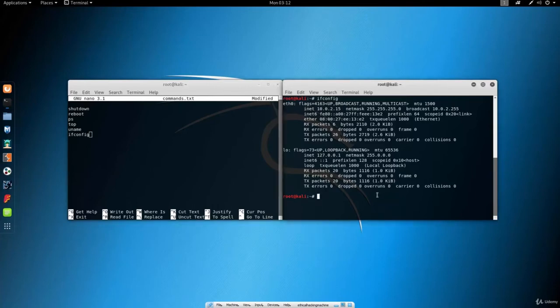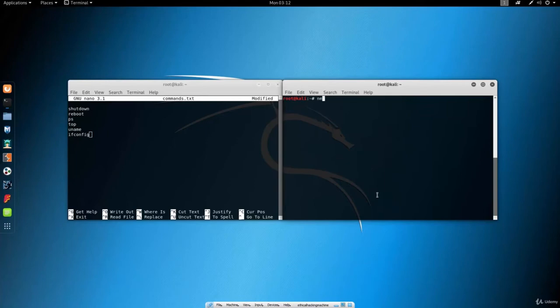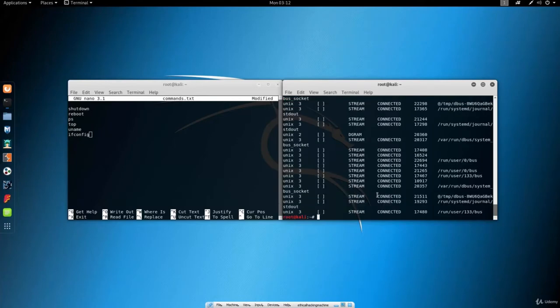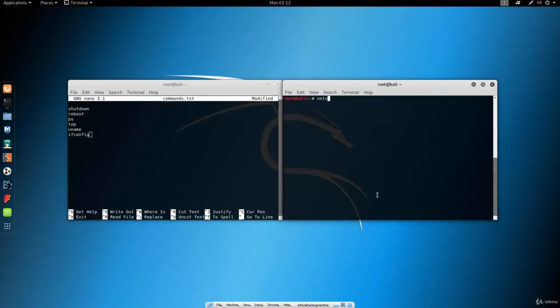So the next command is netstat. Now this is a pretty big command because it has a bunch of options. For example, you want to type here netstat and, for example, -nr. This command right here will basically give you the gateway, as you can see right here, the IP address of the gateway that you can check out. I use it a lot in order to find out what the IP address of the router is on some of the Wi-Fi networks where I do not know it. And in this case it is 10.0.2.2,